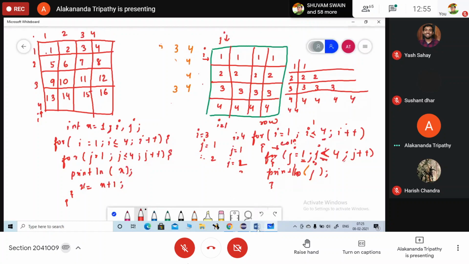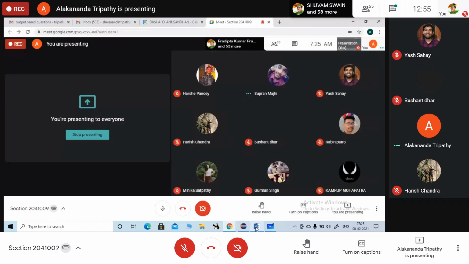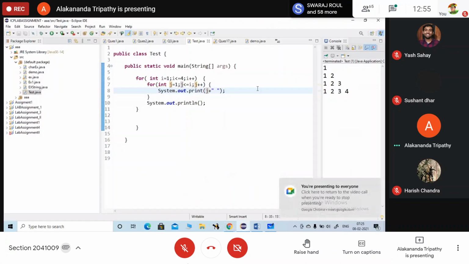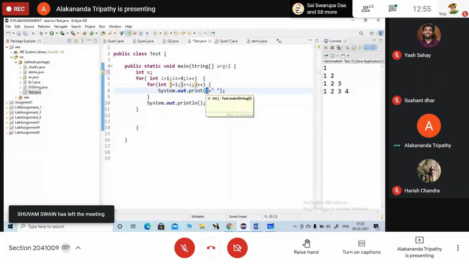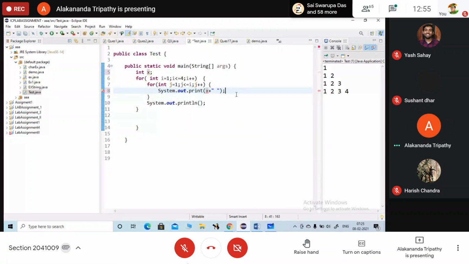Now check here whether it is working or not. int x, x equals to 1.